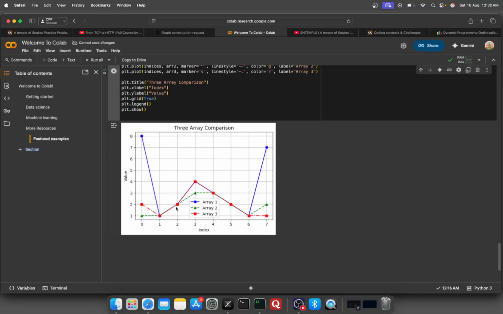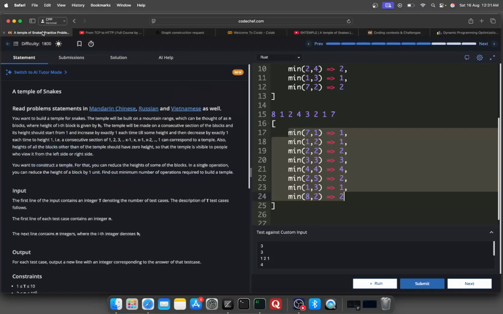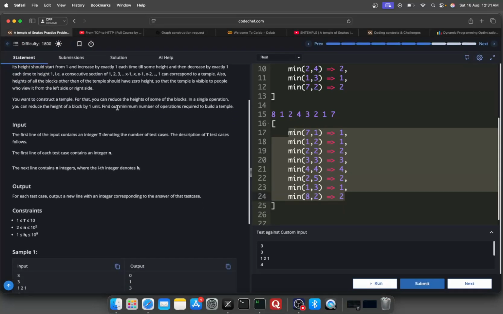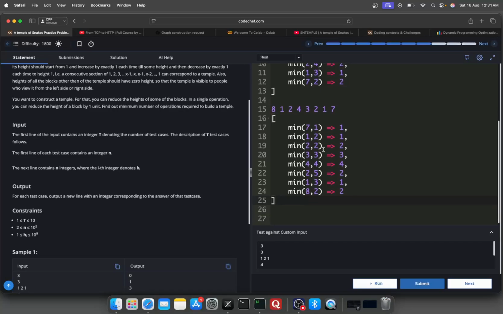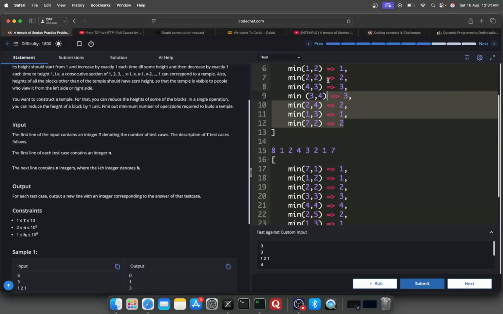So how can we now construct a graph where we found this peak element, and the graph as well, I mean that element as well. So how do we get this, find the minimum number of operations required to build a temple? After taking the minimum of these elements and these elements,